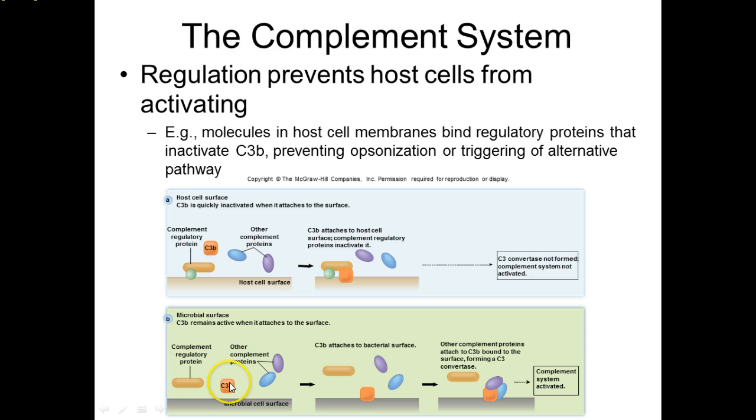On a microbial host cell, the regulatory proteins do not bind to it normally. So therefore, the other complement proteins can interact with C3b and activate complement. And then, of course, this would be the alternative pathway, by C3b binding. But guess what? Some microbes out there have figured out how to coat themselves in our regulatory proteins and stop